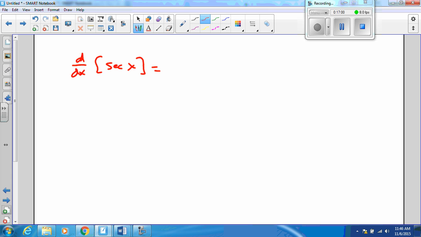I'll bet you know where I'm going. How am I going to rewrite this? 1 over cosine. I will not use the limit definition if I do not have to. Thank you very much, Josh Butler. The limit definition is really, honestly, the last resort because it's such a pain in the neck to do, right? I can, but I don't want to. I would much rather use my derivative rules if I can. That's the point of theorems, is they give you shorter bits of reasoning to your final solution.